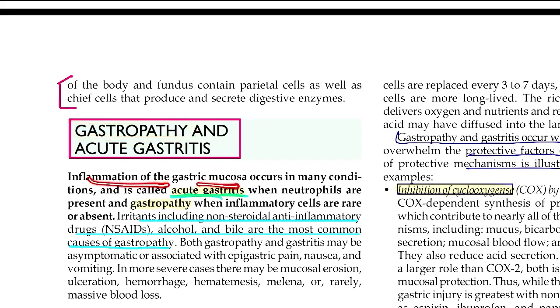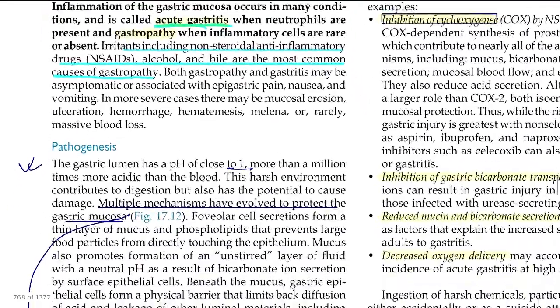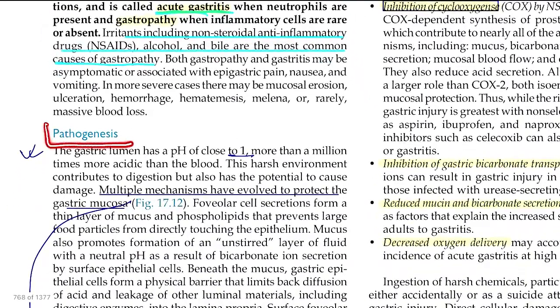Inflammation of the gastric mucosa occurs in many conditions. When there is infiltration of neutrophils or WBCs, we call it acute gastritis. In gastropathy, inflammatory cells are rare or absent. We talked about various conditions that may result in these two conditions. And talking about pathogenesis,